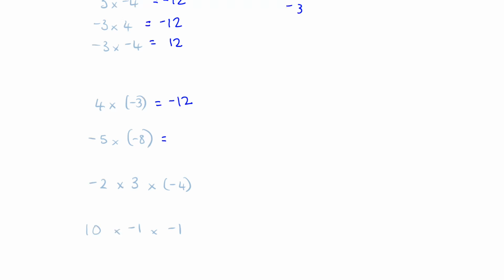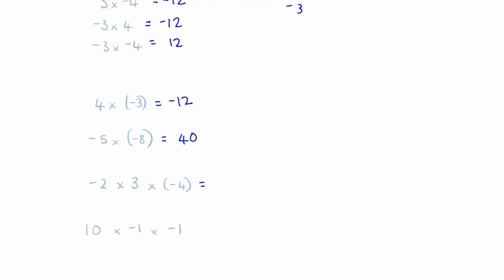Okay, so this one, negative 5 times negative 8. We'll do the number bit first. So 5 eights are 40. And then you started off negative and you multiplied by a negative. So that changes your sign back to positive. The next one,